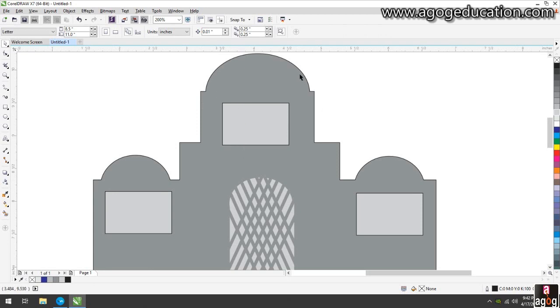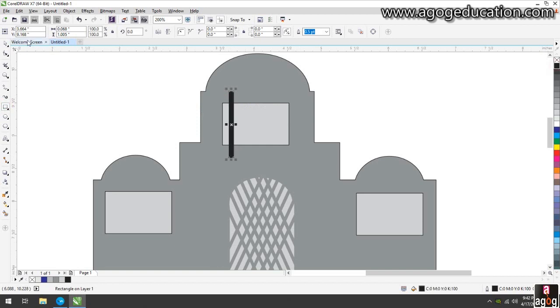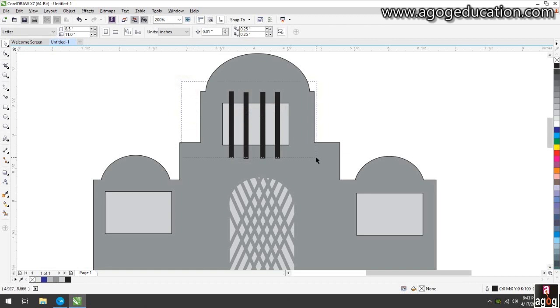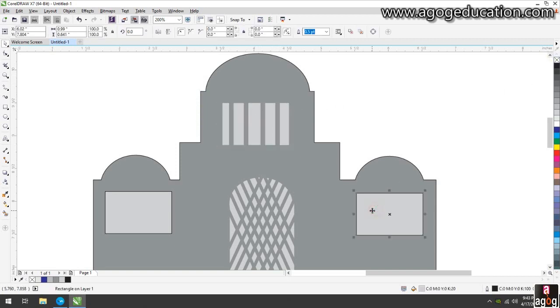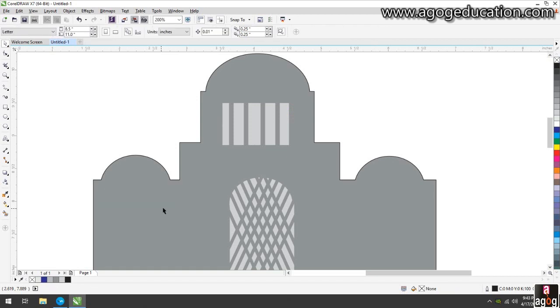You can even make strips in this window. Just create some strips, select all these objects and choose trim. Just delete the strips. You will have your trimmed window.